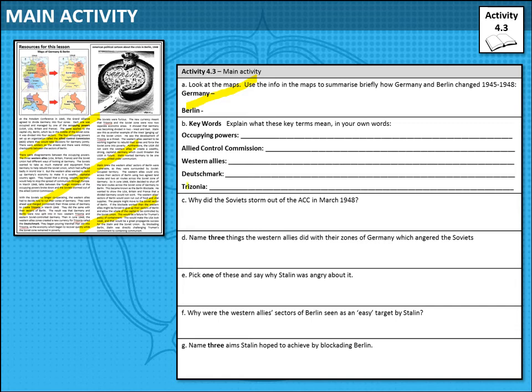I'd like you to define some key terms in your own words. And then you have 5 questions that I'd like you to answer in your own words. And I'm looking for more than just a couple of bullet points there. I'd like you to try and do that in full sentences.